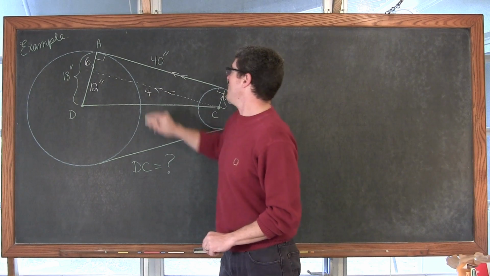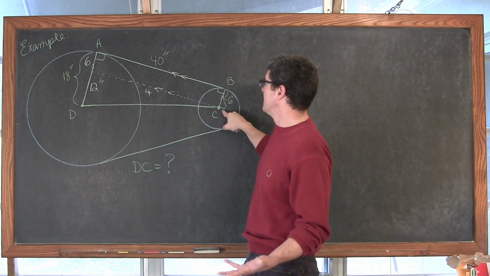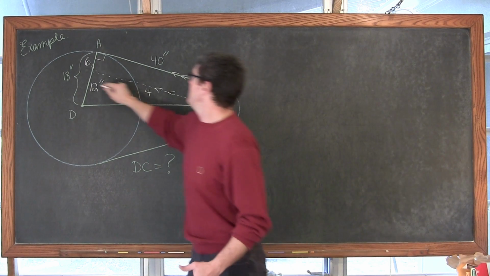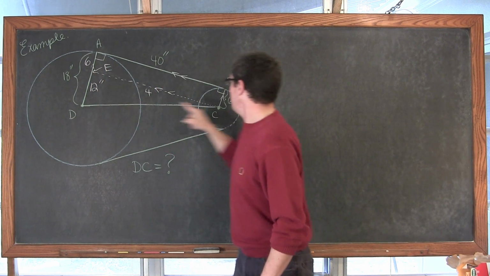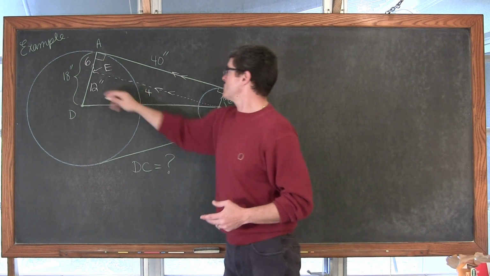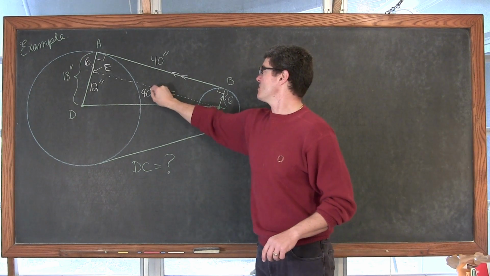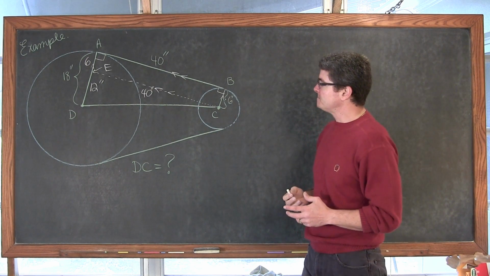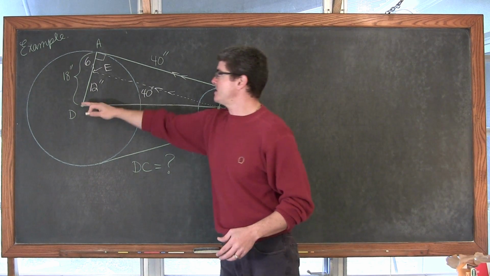Okay, so now I've got this triangle of DC. I've got A, B, C, D, let's put an E in here. As I look at triangle DCE, I've got two sides. I've got a side of 12, and I have a length of 40. But how can I use those numbers to find the length of DC? Well,